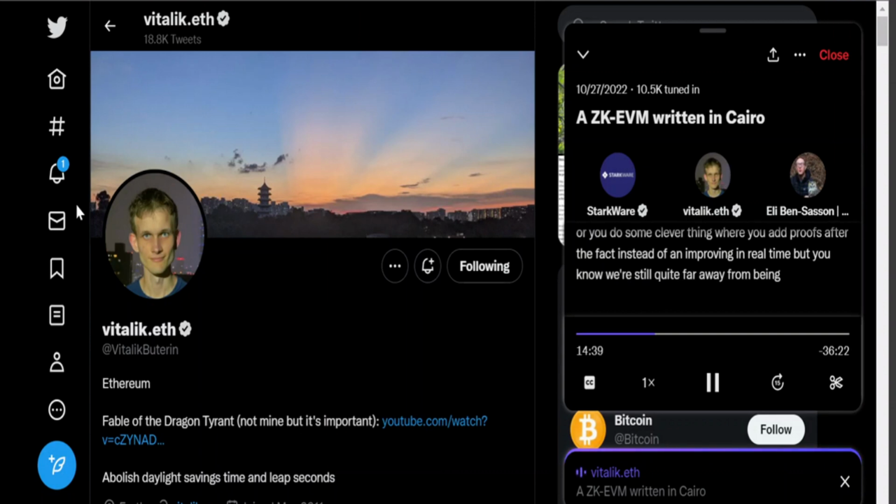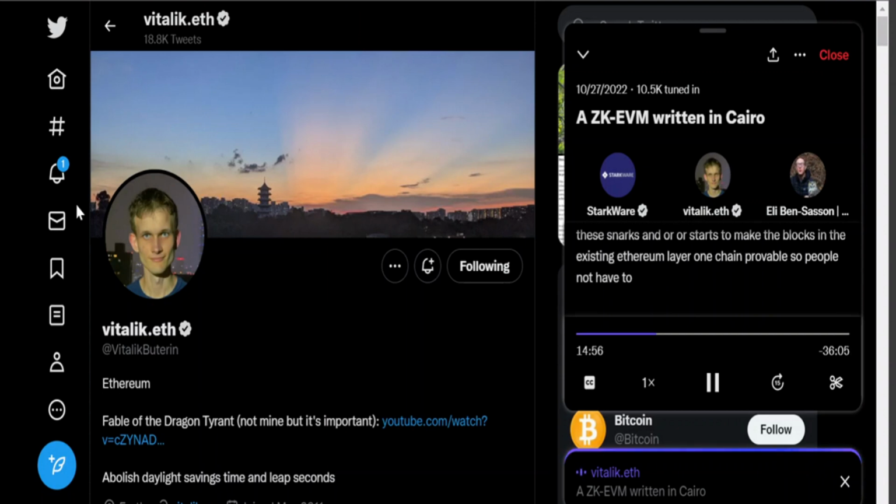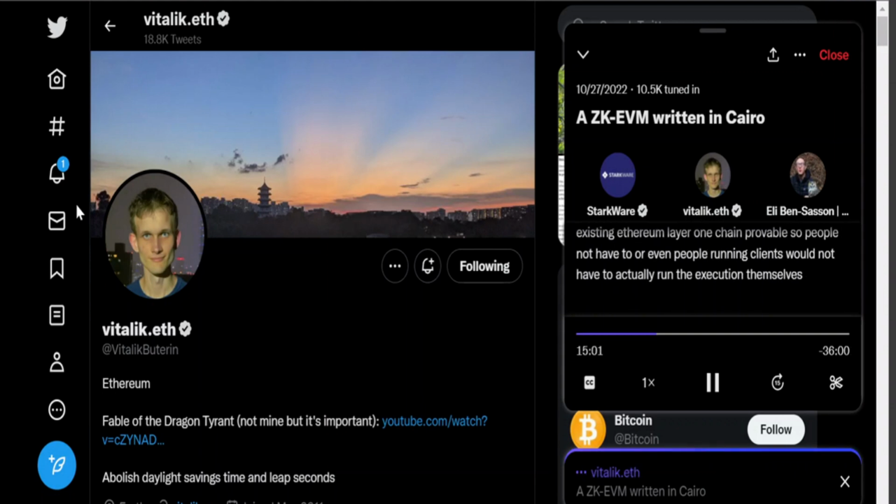But we're still quite far away from being able to prove in real time, which is something that would be needed if we want to use these SNARKs or STARKs to make the blocks in the existing Ethereum layer 1 chain provable, so people, or even people running clients, would not have to actually run the execution themselves, right? So basically, it's a bunch of different choices, mostly in the cryptography that the EVM uses,